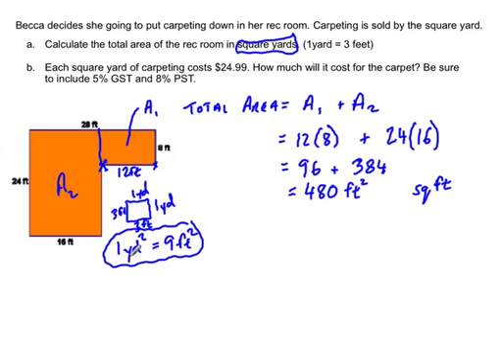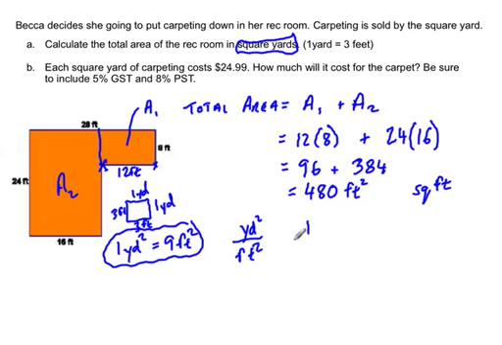So 1 square yard is equal to 9 square feet, or we could have done this same sort of calculation after having converted each of the dimensions to feet. I would imagine most people did it that way, but I just want to show you this way because it's important that you understand this. So if we're going to convert square feet to square yards, we're going to put yards squared over feet squared,